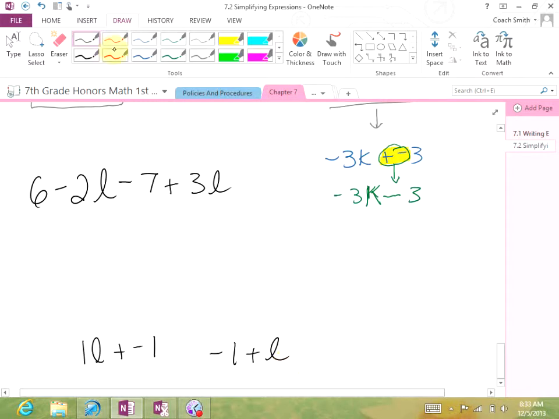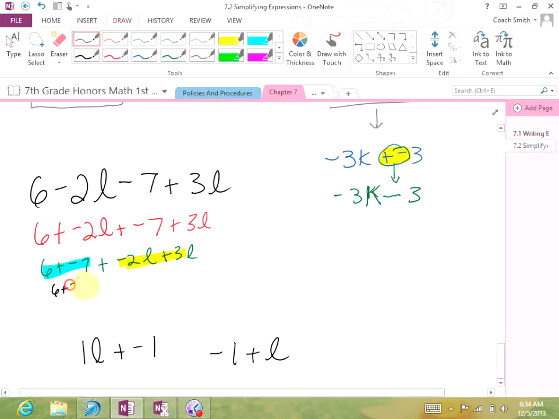Now let's look at it. Negative 1 plus 1L, that's fine. Yeah, that's the same thing. All right. If we look at it, we have 6 plus negative 2L plus negative 7 plus 3L. We use the commutative property and put our like terms together. 6 plus negative 7 plus negative 2L plus 3L. Okay, once again, those are the same, and those are the same. So I have